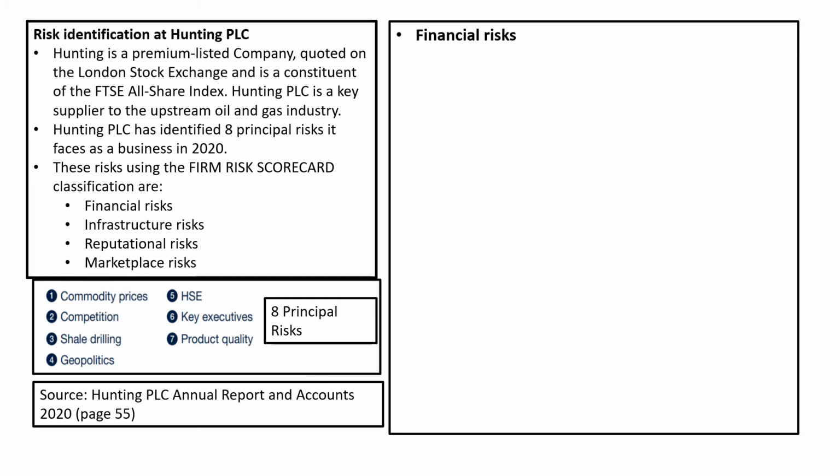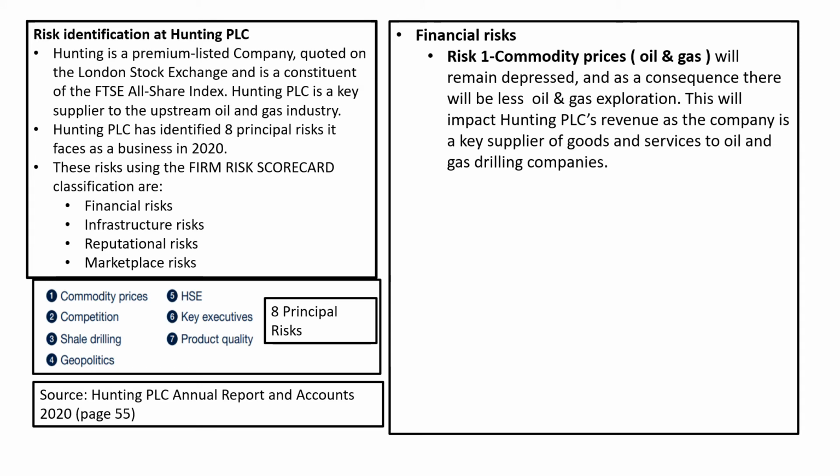We'll first look at the financial risk, and the first risk, or risk number 1, is that commodity prices of oil and gas will remain depressed, and as a consequence there will be less oil and gas exploration. This will impact Hunting plc's revenue, as the company is a key supplier of goods and services to the oil